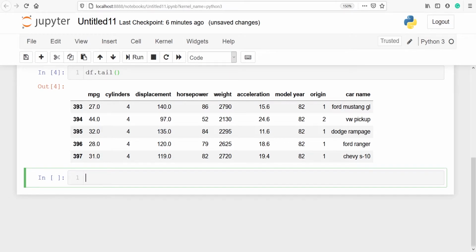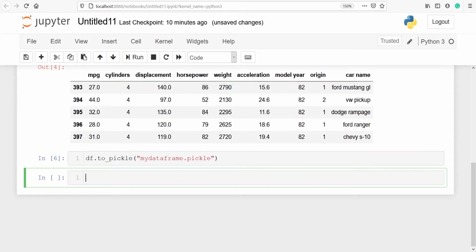Pickle is used for serializing and deserializing Python object structures. It is the process of converting an object in memory to a byte stream that can be stored on disk or sent over a network. We will convert this data frame df to a pickle object. We will write df.to_pickle, and we have to give our pickle file name. I'm going to give this file name as my data frame, and since this is a pickle file, we will write the extension as .pickle.